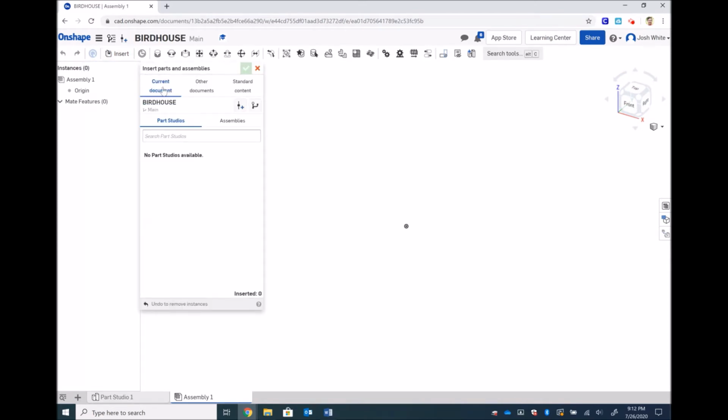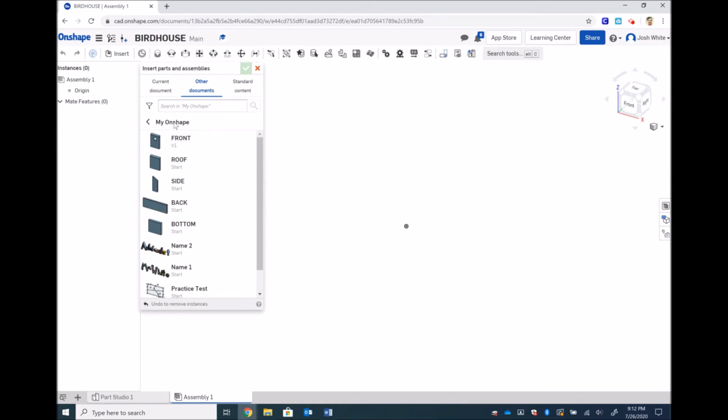Now, we don't have any current documents open. We are going to have to come over to our other documents, go to My Onshape, and we're going to notice something going on in grayed out text underneath our bolded black text. I went ahead and tried importing this, but realized that we have an extra step to do, something that we don't have to do in Autodesk Inventor, so I wanted to show you guys what was going on so that you guys could follow along and get everything imported and inserted into our assembly before moving on to actually going through the mechanics of assembling in CAD.